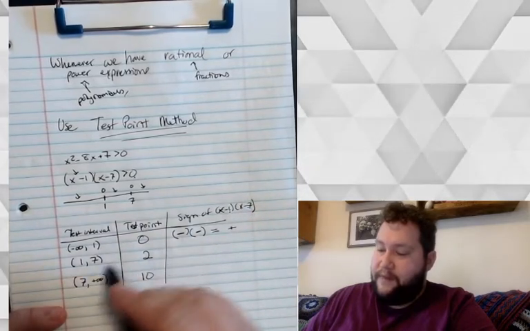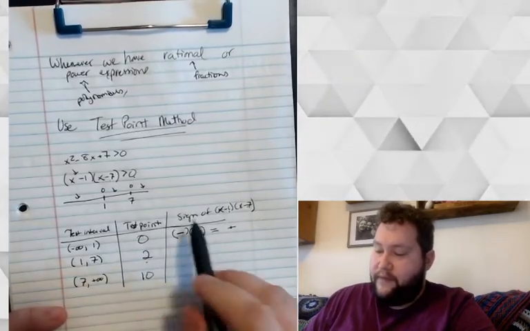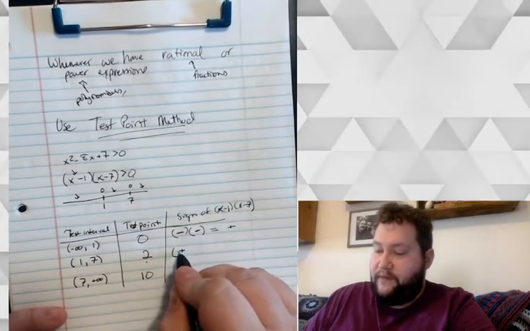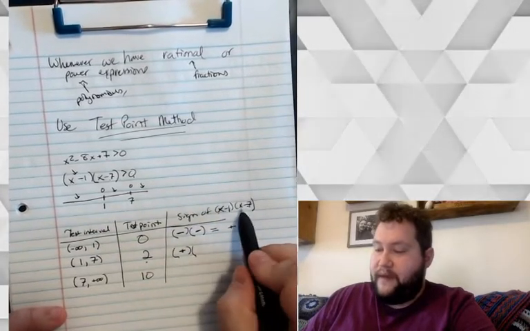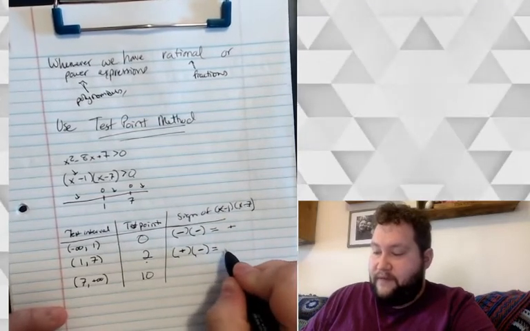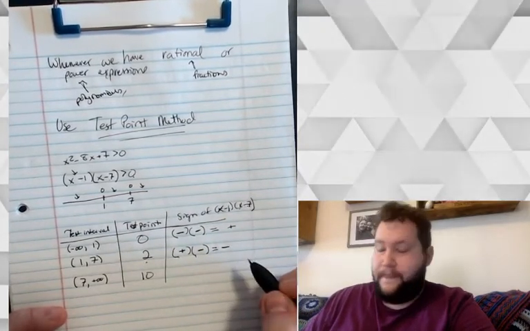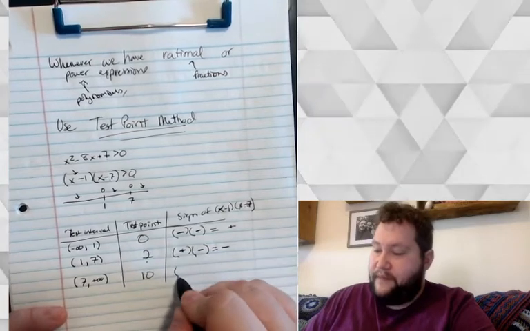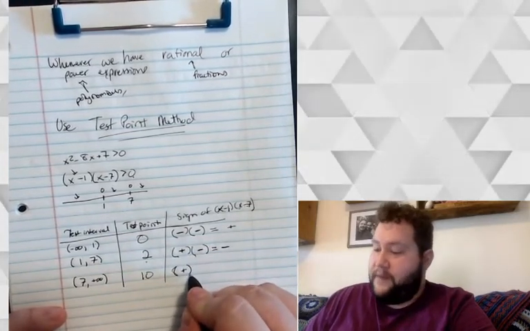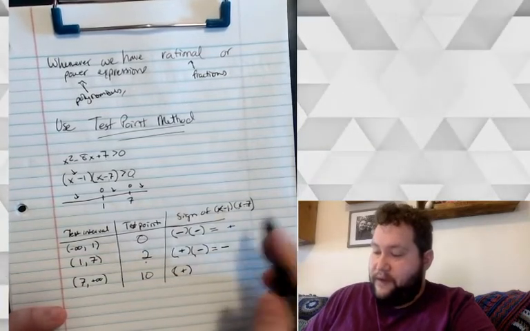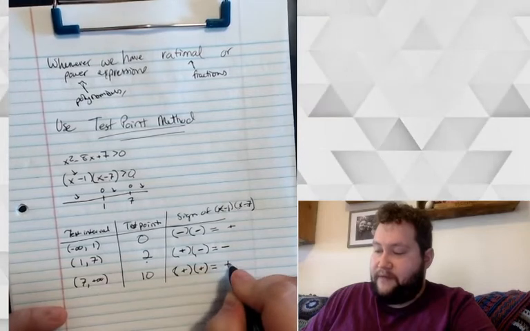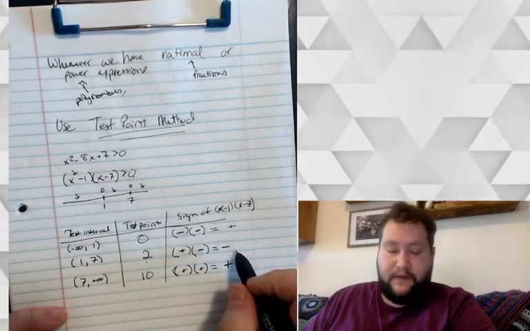If we pick our test point of 2, we have 2 minus 1, which is 1, or positive, and 2 minus 7, which is negative. And a positive times a negative is a negative. Then if we pick 10, 10 minus 1 is 9, which is positive, and 10 minus 7 is 3, which is positive. Positive times positive is a positive. And so this is where we look back